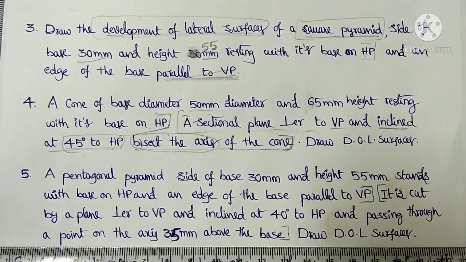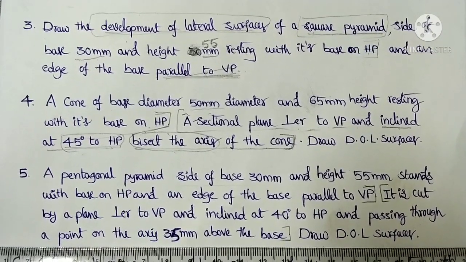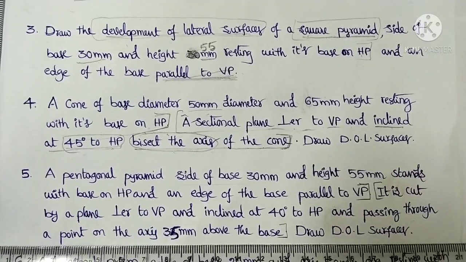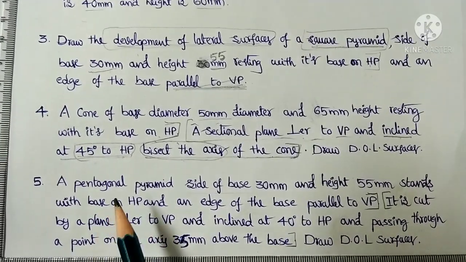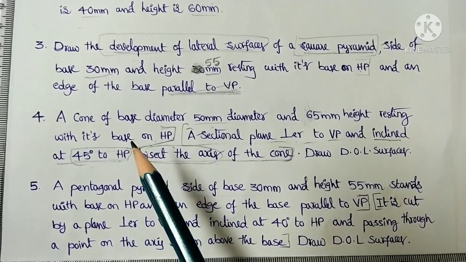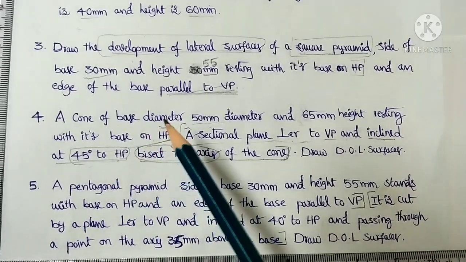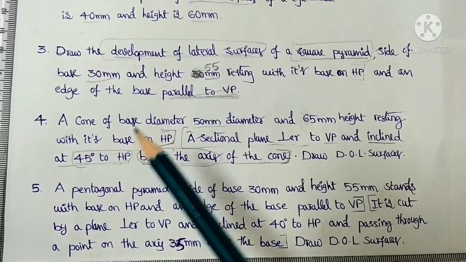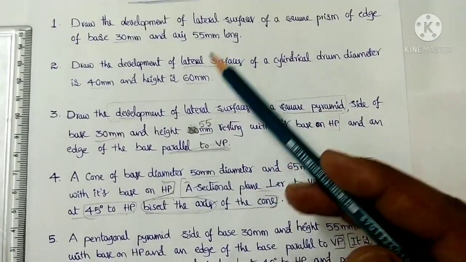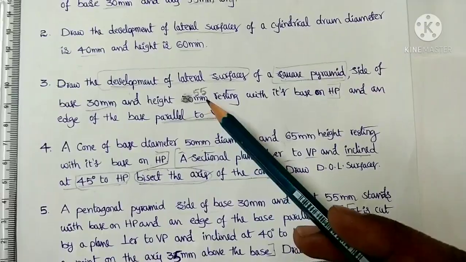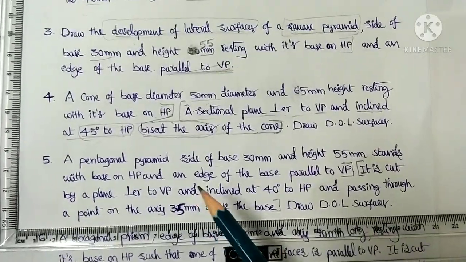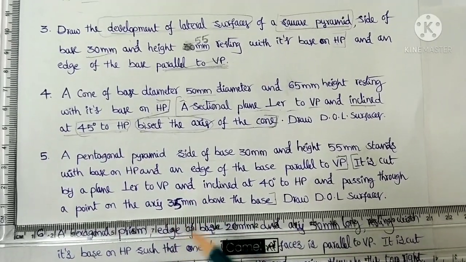In this video lecture I am going to teach you the development of lateral surfaces of the truncated pyramid and truncated prism. So we are coming to problem number 5. In the previous video lectures on development of lateral surfaces of different types of objects, we completed in two parts. In part 1 we completed the first two problems. In part 2 we finished the third and fourth problems. Similarly, in this video lecture I am going to cover the fifth and sixth problems.